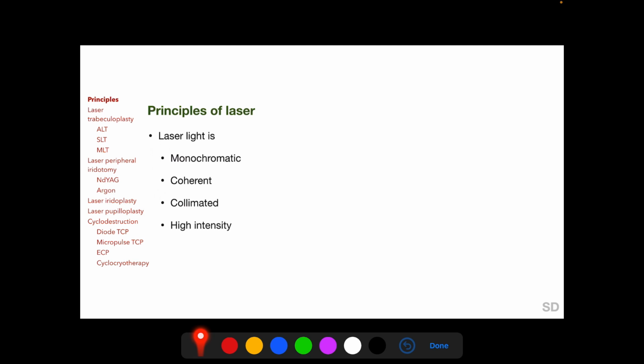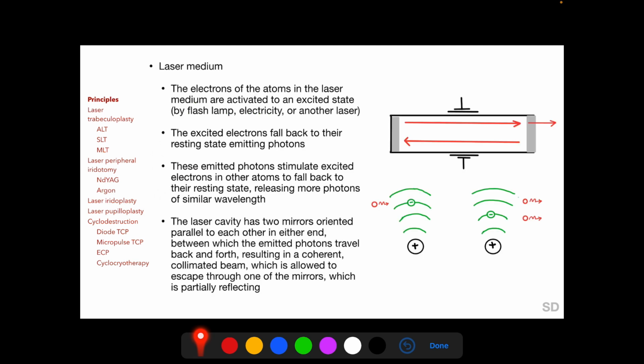to the target tissue. When a laser machine is switched on, the electrons of the atoms in the laser medium are activated to an excited state either by a flash lamp or by electricity or by another laser. Then these excited electrons fall back to their resting state emitting photons. These emitted photons stimulate excited electrons in other atoms to fall back to their resting state, releasing more photons of